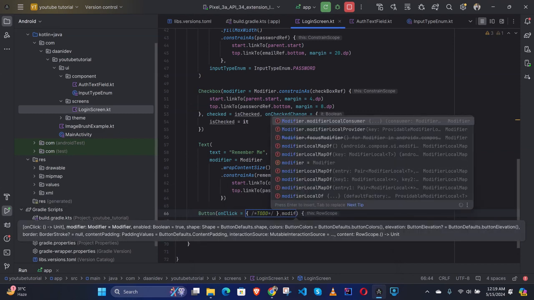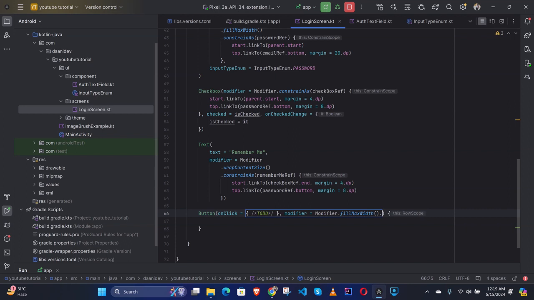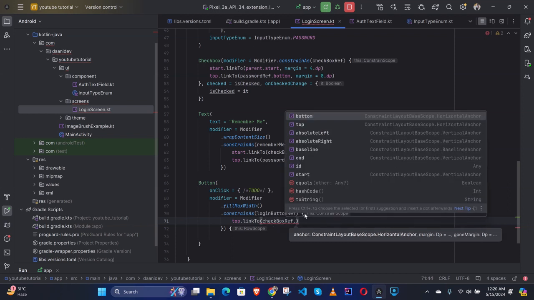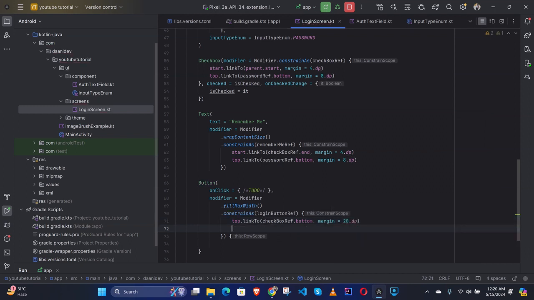So modifier dot fillMaxWidth dot constraint as login button ref, let's say top dot link to checkbox ref dot bottom, comma, margin 20.dp, and start dot link to parent dot start,